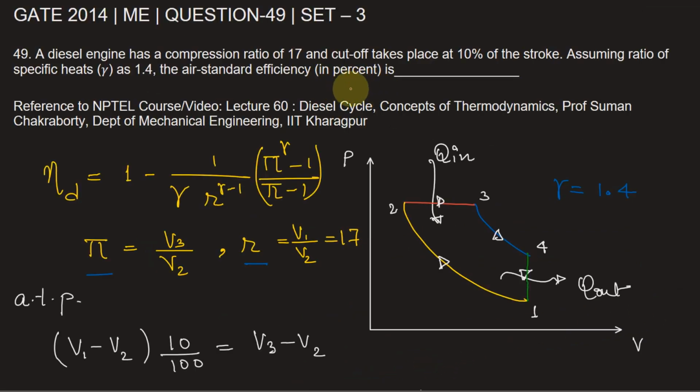Therefore, let's fill in the blank here. The air standard efficiency is 59.6 in percentage. For more information on the diesel cycle, you can refer to the NPTEL course lecture number 60, Diesel Cycle,